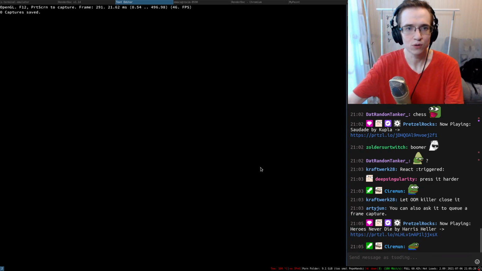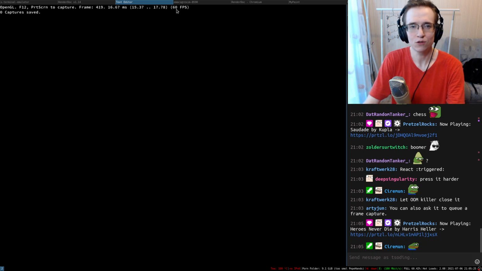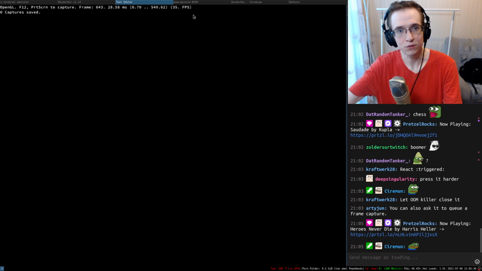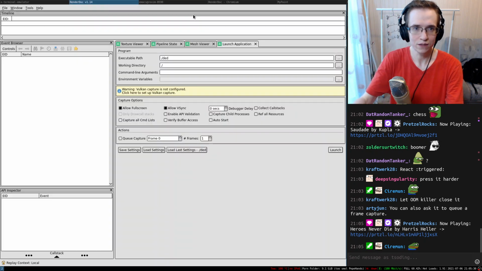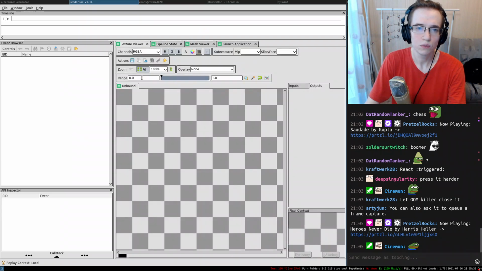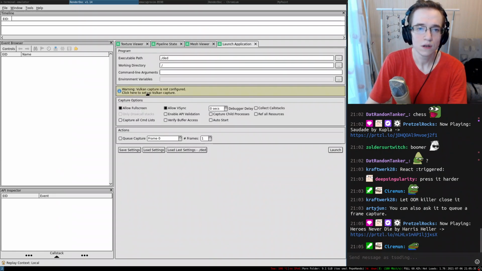That does not react whatsoever. Though the FPS is dropping. The FPS is dropping every time I'm pressing F12, so I would expect that maybe something is going on. So yeah, Vulkan capture is not configured. Click here.